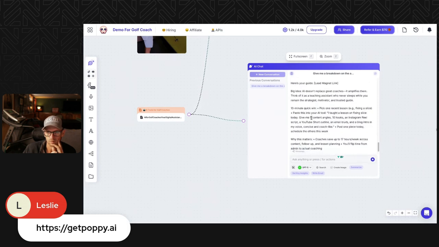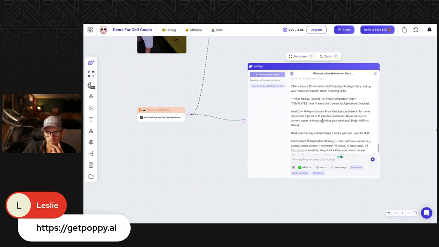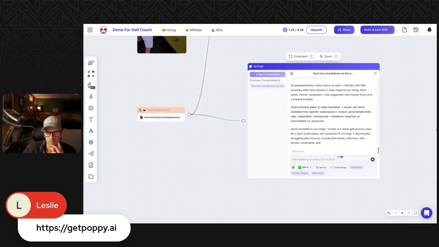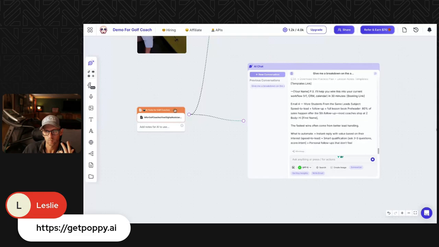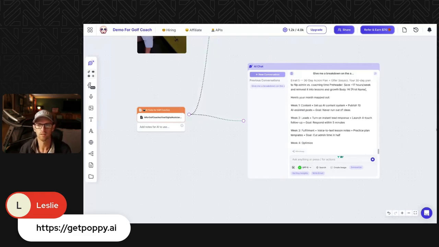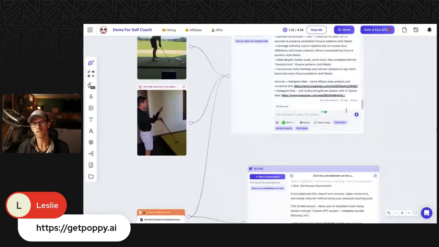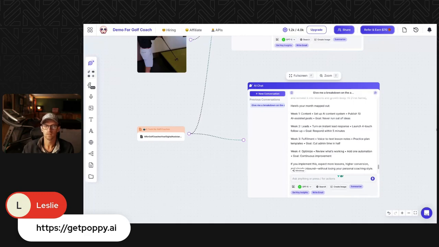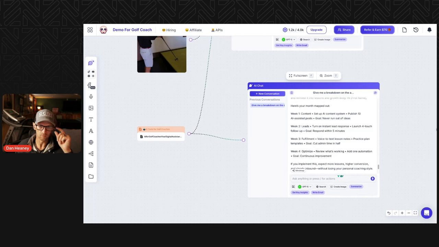Email 1, deliver. It goes through that whole thing. Email 2 gives me that. Email 3. And it's all based on the data and information it's pulling from this lead magnet. So now it has context and it understands what it's supposed to be writing about. Again, it would do a better job with the offer email, which is the last email, if I gave it my actual offer, which I could do. So it's pretty insane what's out there and we're able to utilize when it comes to AI nowadays to help us with these different things and communication with our clients.